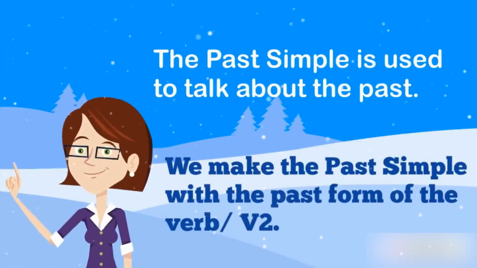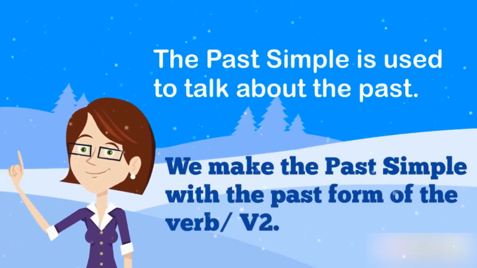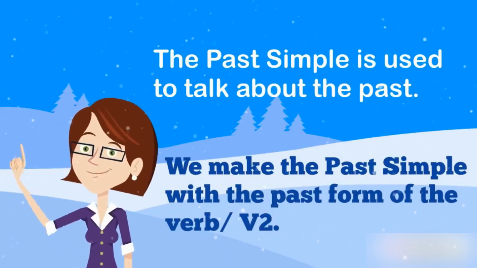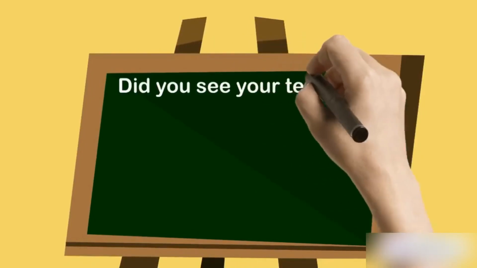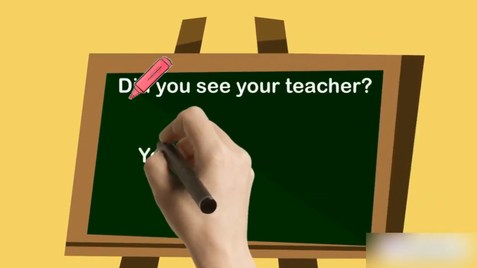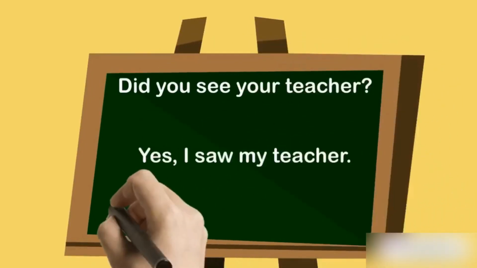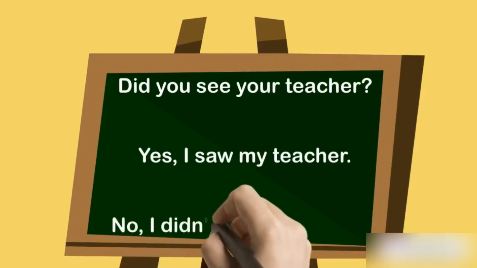To sum up, the past simple is used to talk about the past, and we make the past simple with the past form of the verb. To make a question, we use did plus base form. To make a positive sentence, we use the past form of the verb, and to make a negative one,